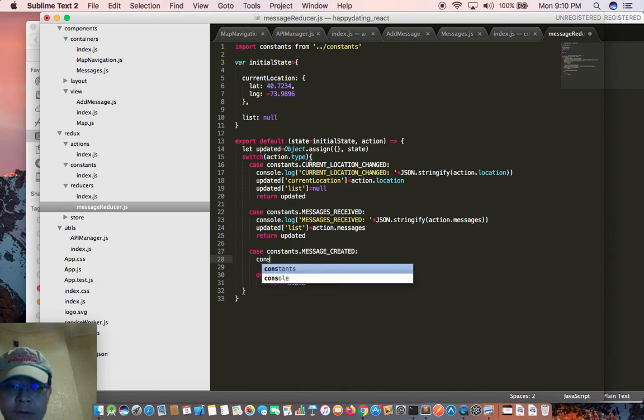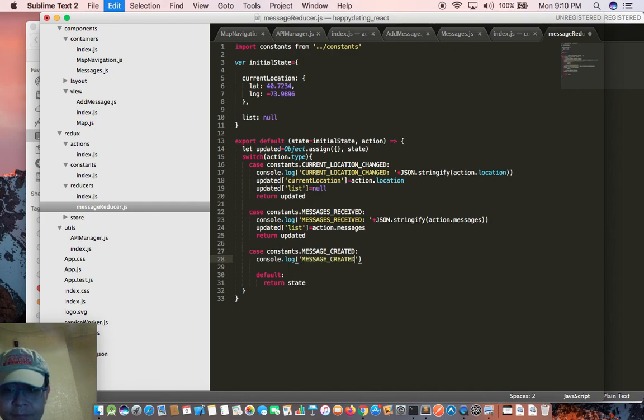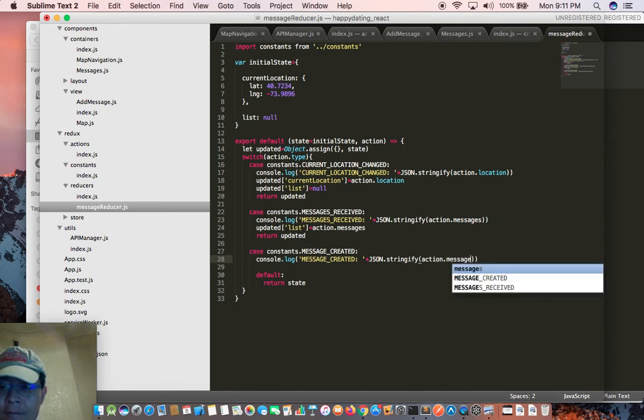So we're going to console log first, plus JSON stringify action message,